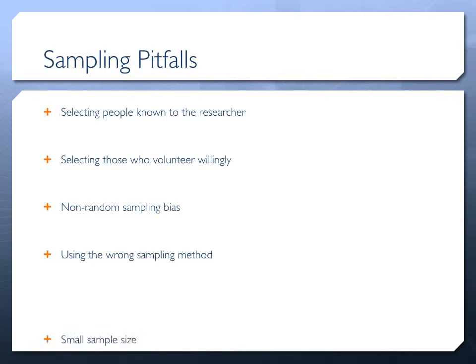Okay. Other sampling pitfalls are small sample size. And this one, I'd say, is probably the most common. Most of the research you read in the literature will list small sample size as a limitation. Let me give you an example. A lot of the stuff that you read in sports science, especially in the real high-end journals like Medicine and Science in Sports and Exercise, you'll read that,